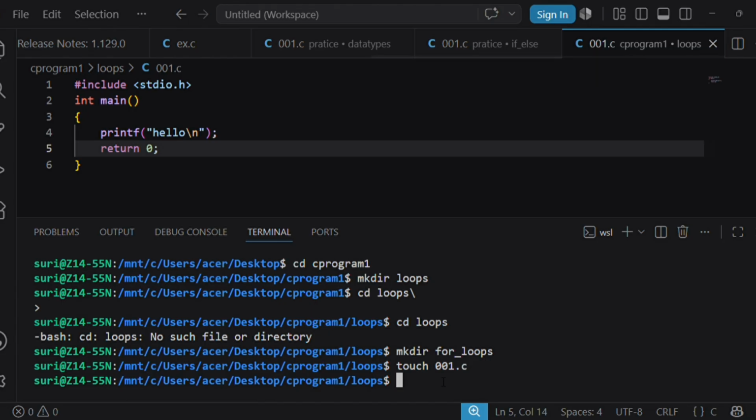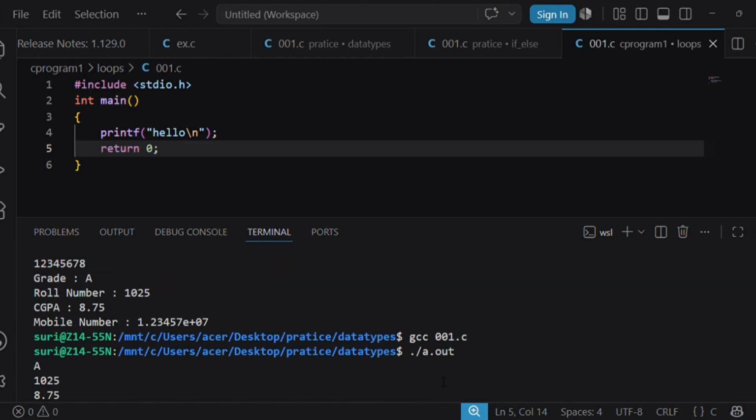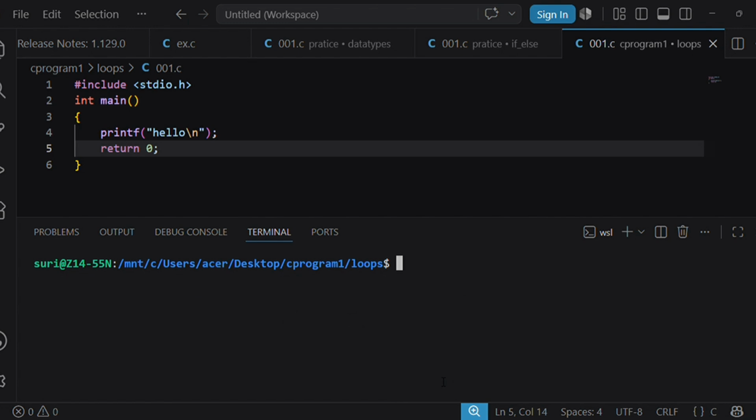Next I am going to run this code: gcc 001.c. Hello is successfully printed. For one time, for one line, it's okay.